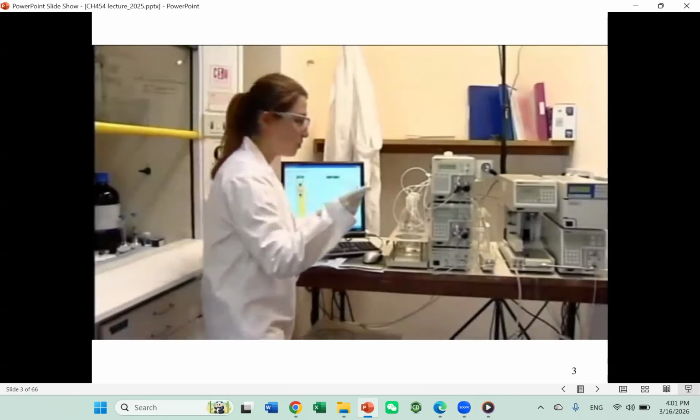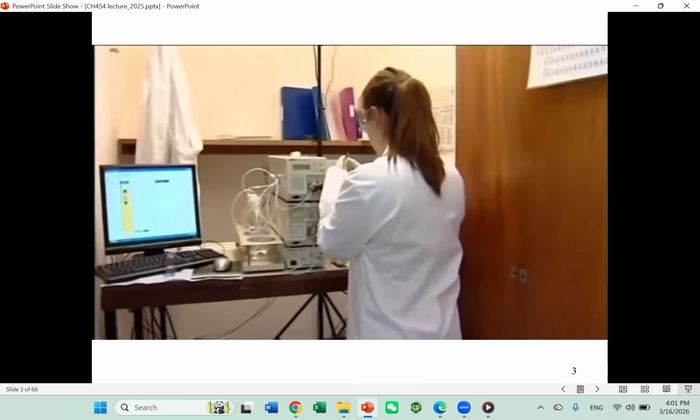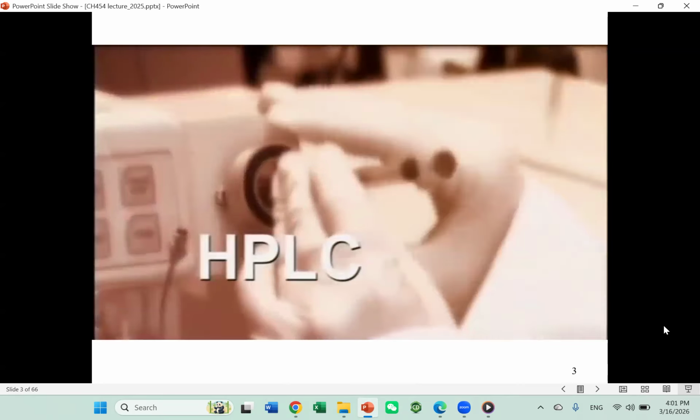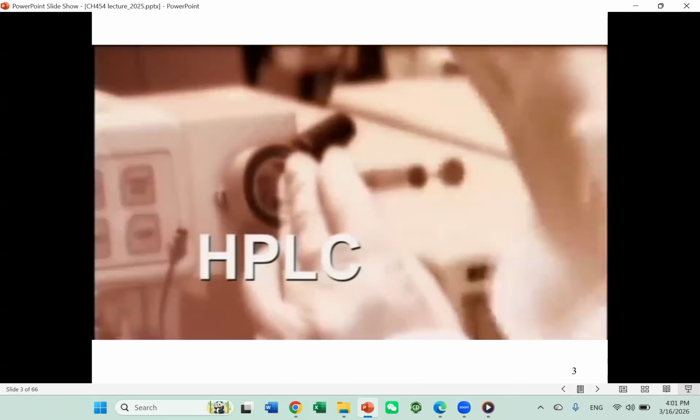HPLC, high performance liquid chromatography, but could equally well stand for high pressure liquid chromatography. It is used for separating